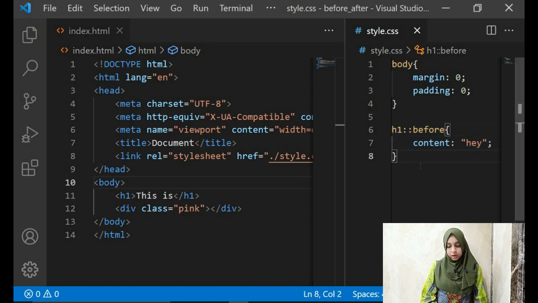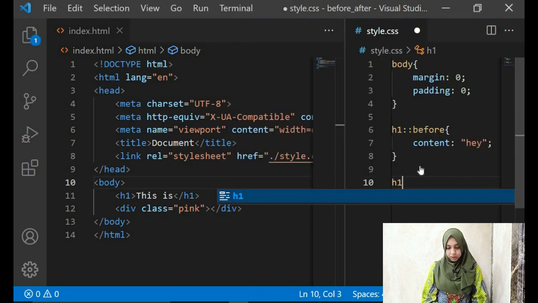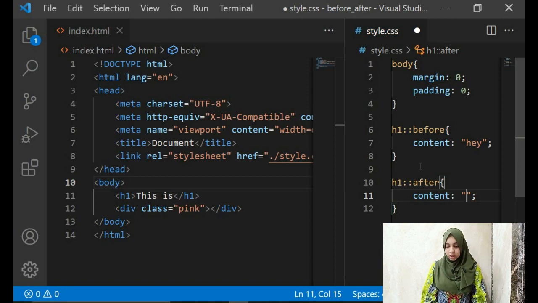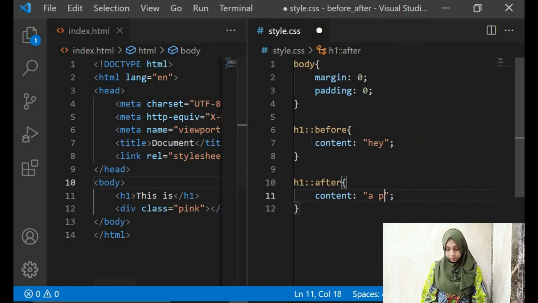And for example, if we want to add something after it, we can say h1 after, and similarly in the content we can say this is a pseudo element.